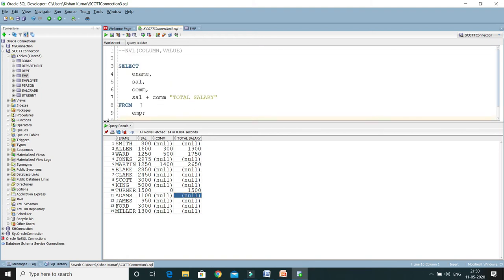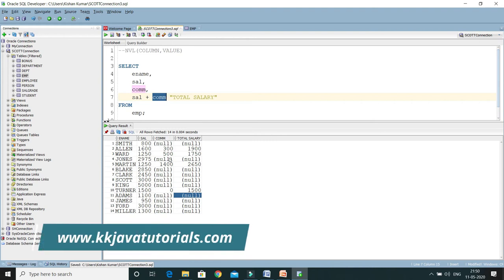So here, instead of directly trying to add the commission, I know commission contains a lot of null values, but salary contains at least some value. So here I'm going to use the NVL function, NVL.